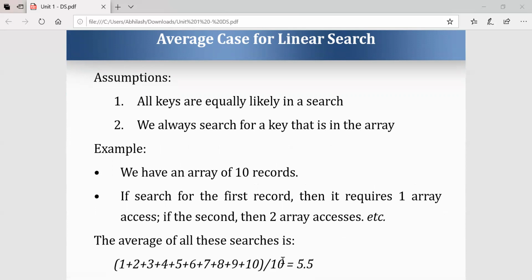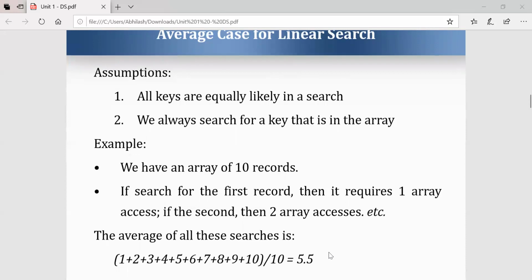The worst case is over. Now the average is also over. What is the worst case? If the desired element, the record, is found at the last location, then you have to perform all n comparisons. Otherwise, if the record is not found at all in the array, then also you have to perform all n operations. That is what is called the worst case. When it comes to the average case, if the element is found at the first record or second record, then you have to take the mean average of all cases. So in this case, the average value is 5.5.